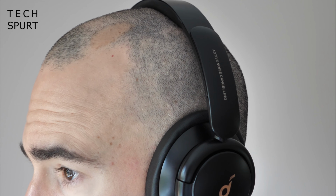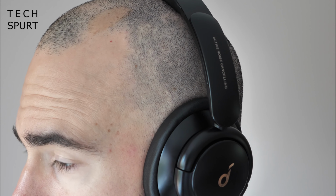And no issues with the call quality on these bad boys either. You've got those dual external mics, they pick up on your voice nice and clearly, and they manage to sort of help to muffle some of the background noise a little bit as well to make sure that you come through nice and clear. So lots and lots of highlights to mention, but the best part of the Soundcore Life